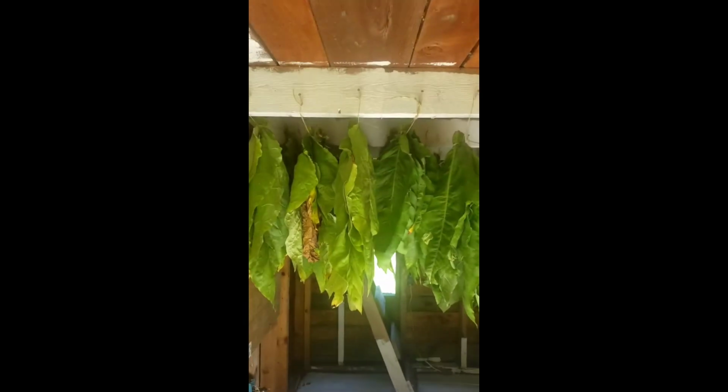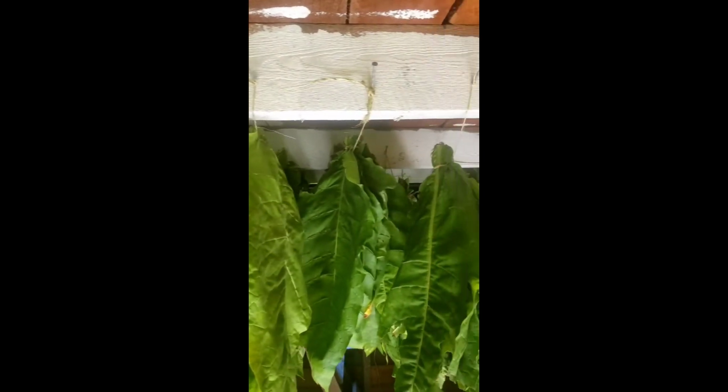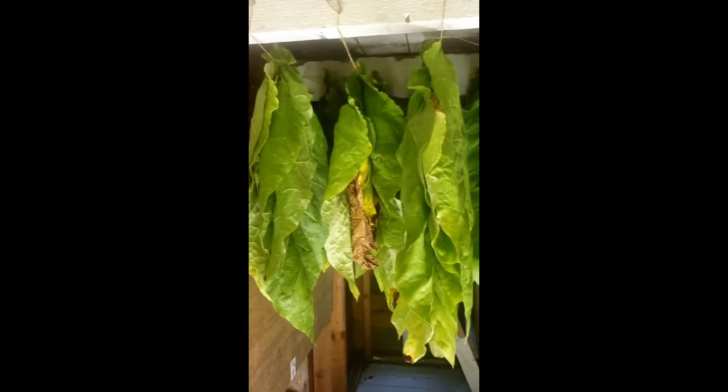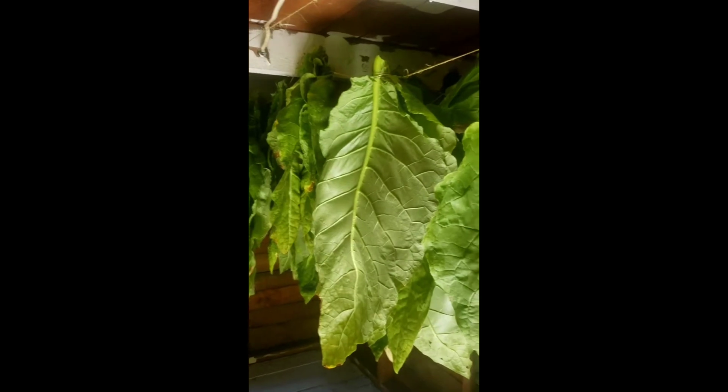Alright, so here is the tobacco shack. And you can see I have these hung up. They're about 6 inches apart in rows, and I can fit 2 bundles between the rafters. Over here I have my middle leaves, and over here I have the big bottom leaves. You can see these are quite a bit bigger. I did leave a walkway in between